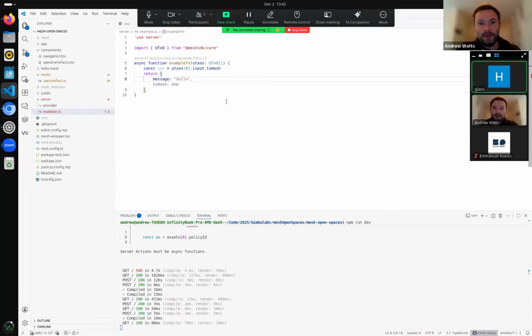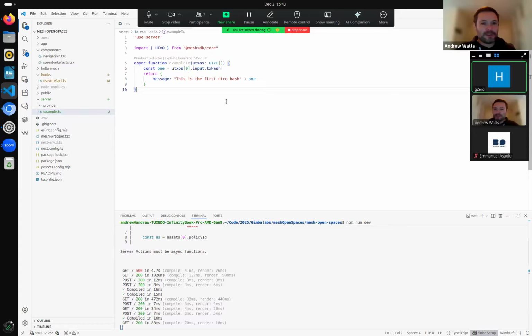It's just going to simply take the first UTXO in the array, obtain its transaction hash, and I'm going to return a little message from the server that'll say, well, this is the first UTXO, and then we'll just put that on there. Really, really simple. But what's actually going to be happening under the hood is, well, it's replaced lots of traditional